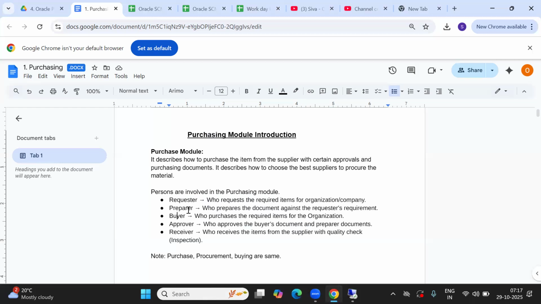Again, if two suppliers are equally good, for example 10 suppliers are selected, and after validating, two suppliers are coming in the same range, again it is the buyer's responsibility to choose the best supplier. So the buyer will choose, and he will create a purchase order. Here they prepare just a purchase requisition. A requisition is something like just